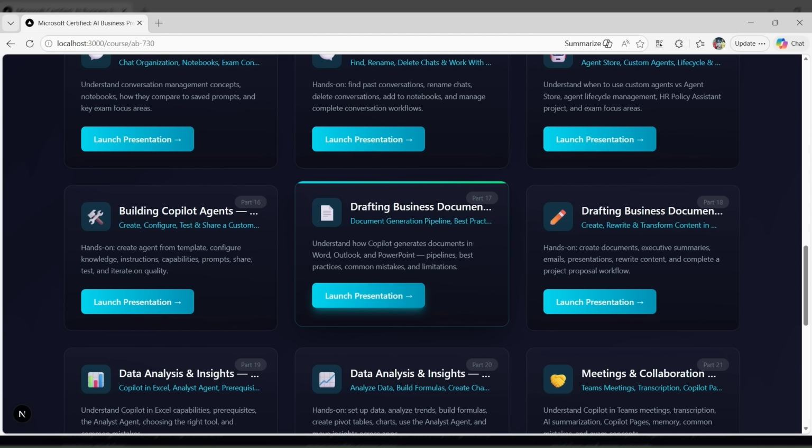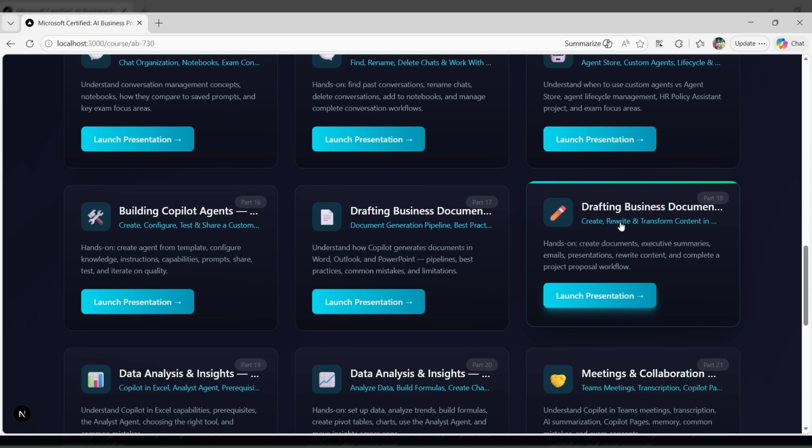In part 17, the theory section, you'll understand how Copilot generates documents across Word, Outlook, and PowerPoint, the full pipeline from prompt to polished output, along with best practices, common mistakes to avoid, and the limitations you need to know to set appropriate expectations. Part 18 is the hands-on lab where you create a wide range of real business documents